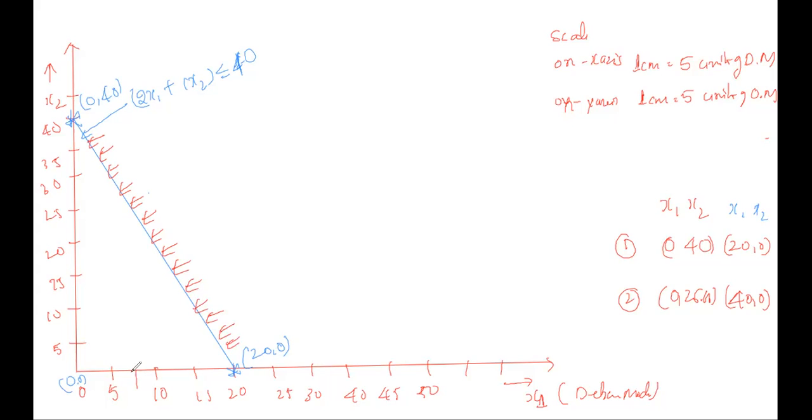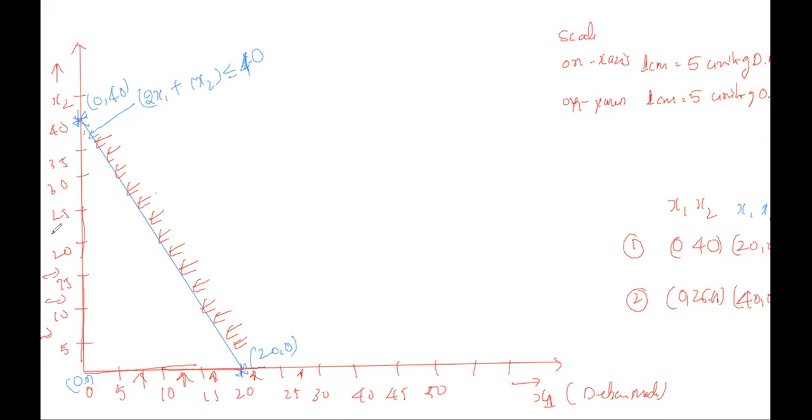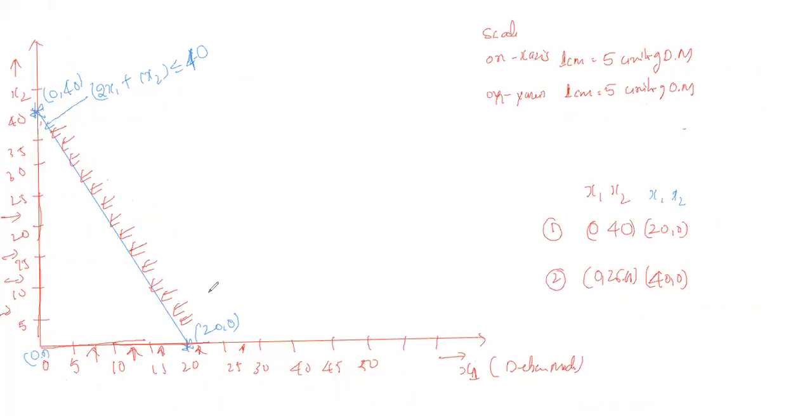And this, we know that this will be x1. x1 is greater than or equal to 0. The solution will be on this line or above the line. Similarly, this is x2, right? For x2, the solution will be towards the positive, towards the right side. The solution will be like this. Okay, this is about the first constraint.